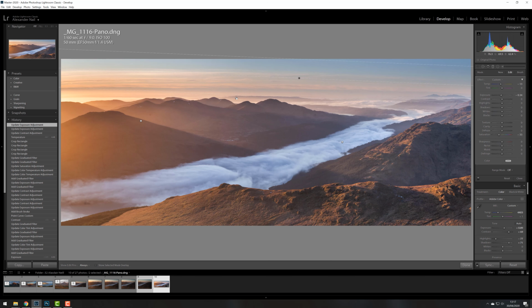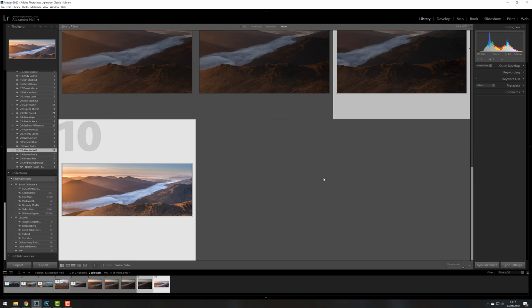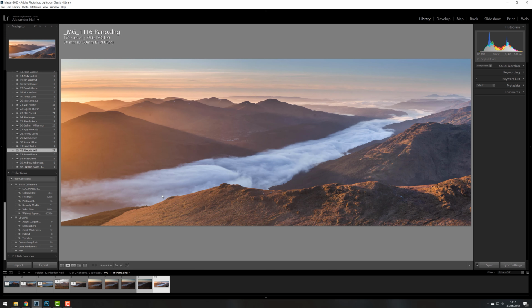Then I've done various gradient adjustments to the sky to introduce some magenta to get rid of that horrible green color. And then I've got a vertical gradient here to brighten the right hand side of the image, and finished it up with a crop. And I think that does help to make the best of this image. It would be nice to have a really strong focal point, but actually the lines and the geometry of the shot do work very well. I'm not sure that it absolutely needs a strong focal point, and it's obviously a very beautiful morning view, or evening view, that probably wasn't